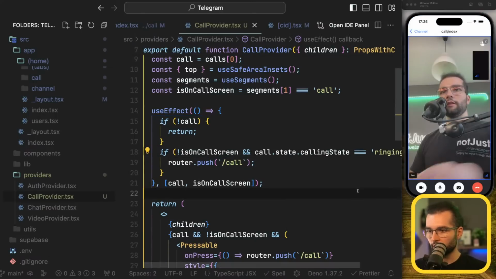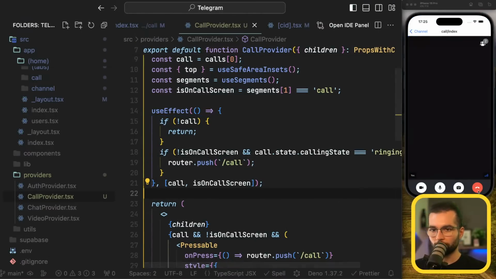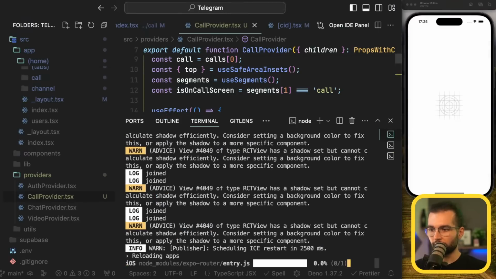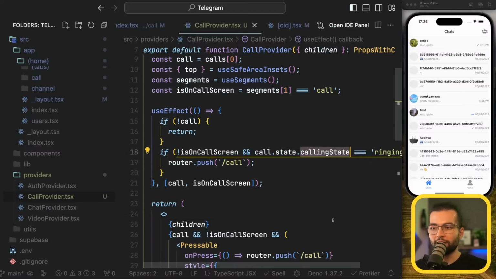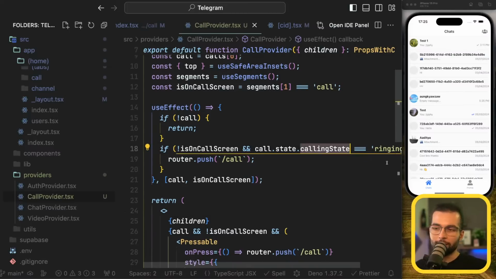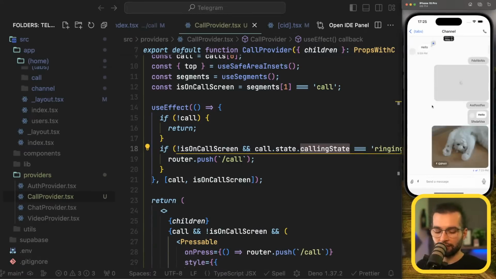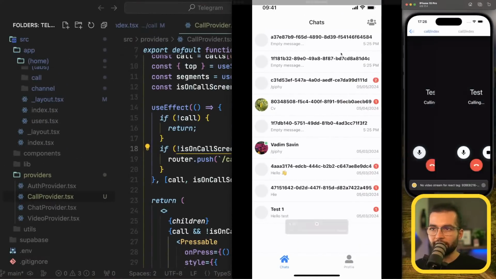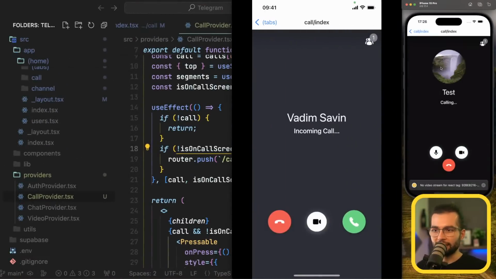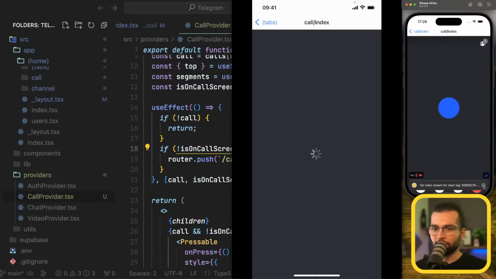Let's leave. Let's try again. And now I expect to be redirected to the call screen only when the call is ringing, but later I can go back, navigate the application without leaving the call. So let's see if that will work. If I press here, I expect to be redirected, yes, instantly. And if I am inside the call,